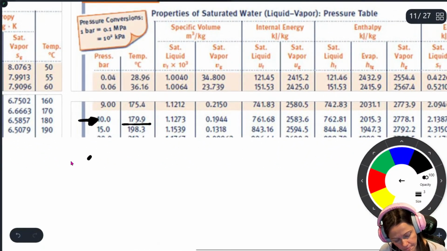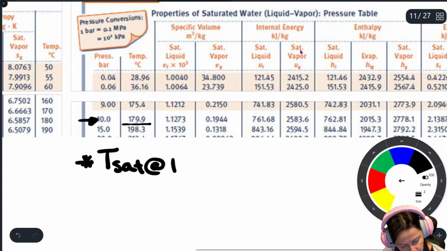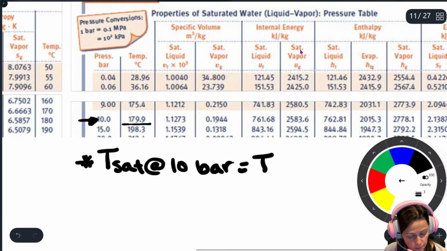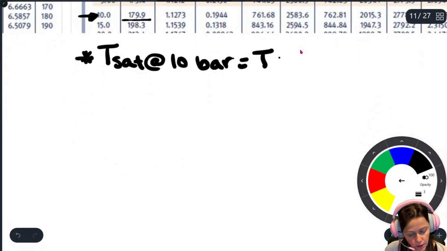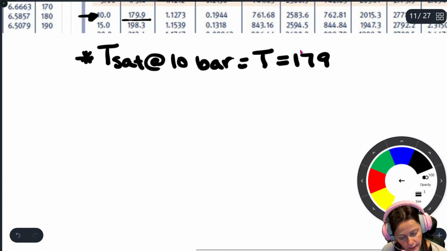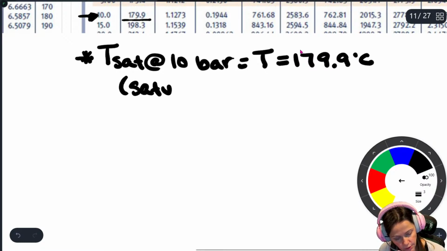So I can see that the Tsat at 10 bar is equal to my temperature, 179.9 degrees Celsius. So it's saturated,